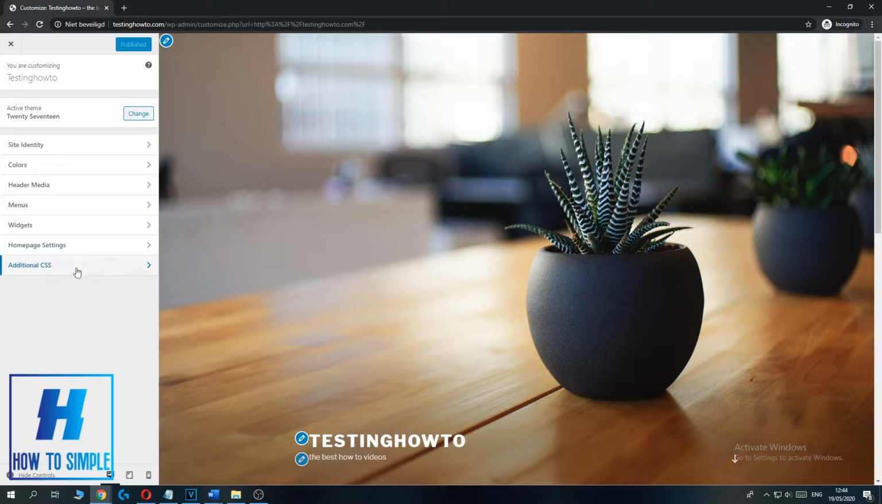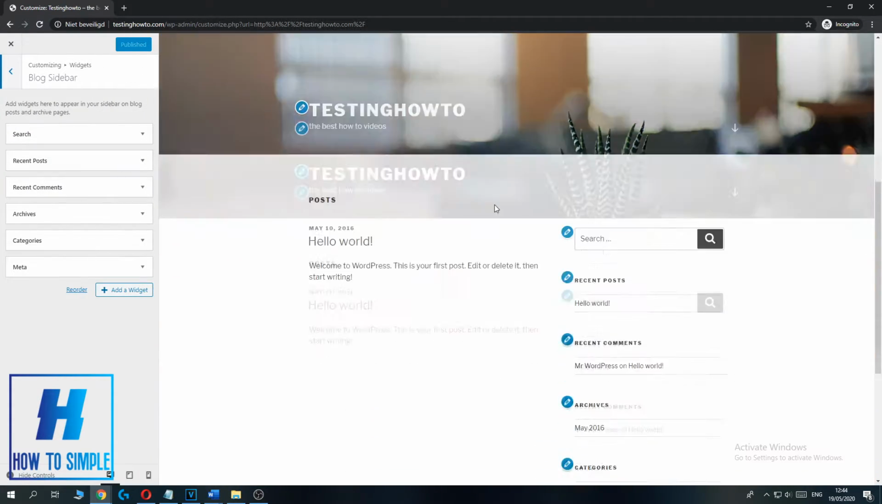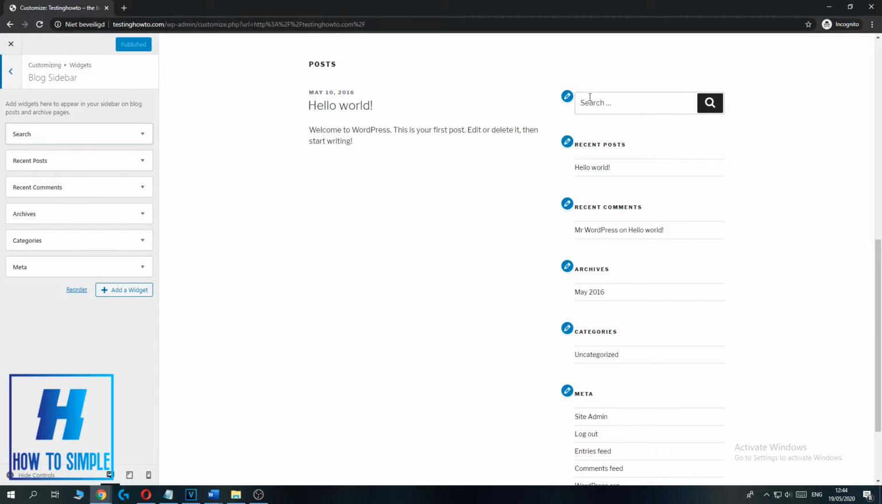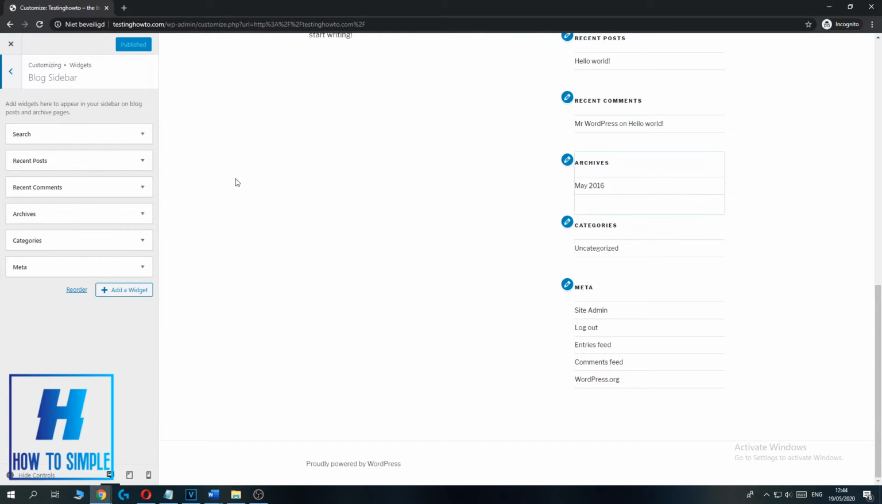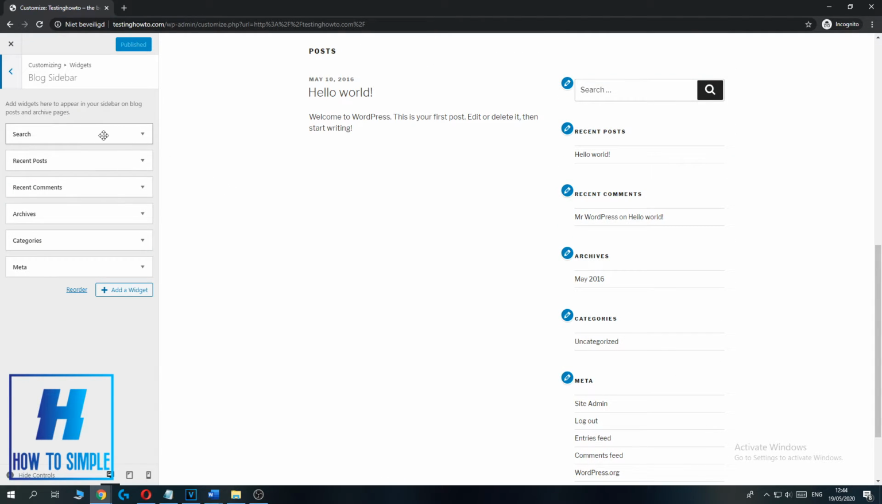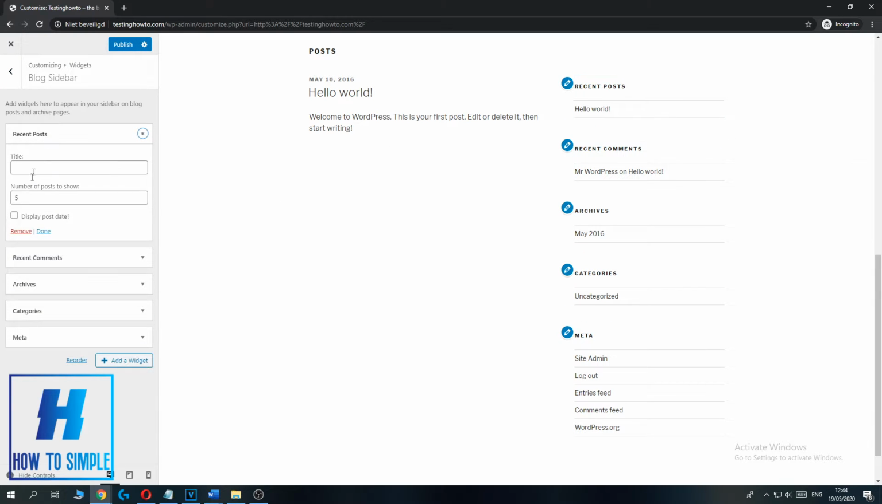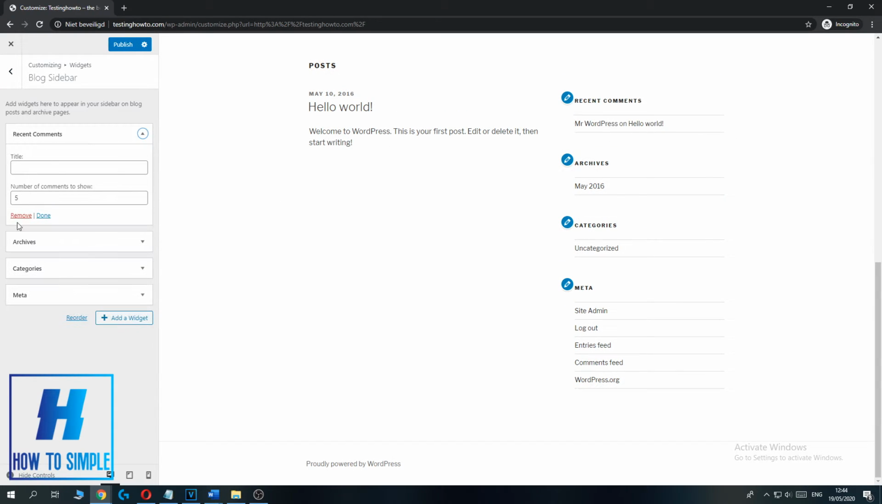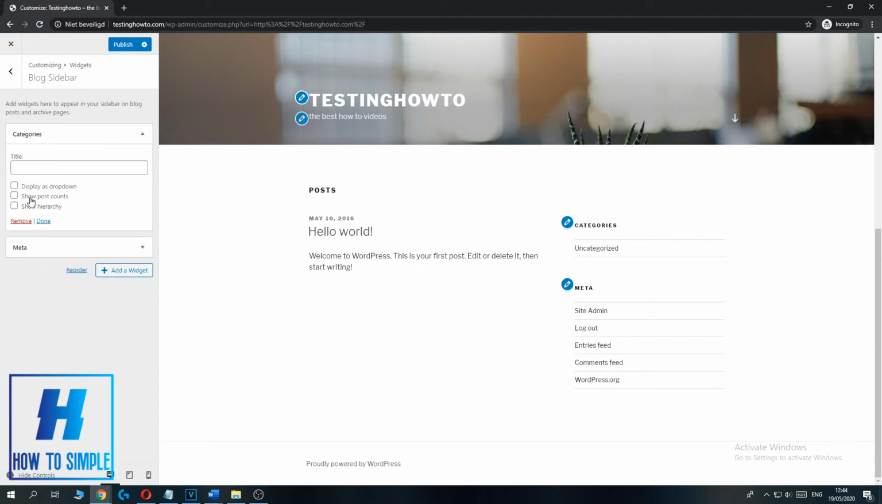So then you want to go to widgets, blog sidebar, and as you can see, this is the search widget, recent post widget, and all of this. If you want to delete this, click on the widget and hit remove. So it's very simple, just hit remove for every widget, just like I'm doing, and this will delete every widget